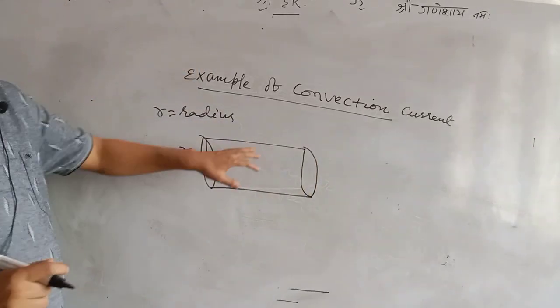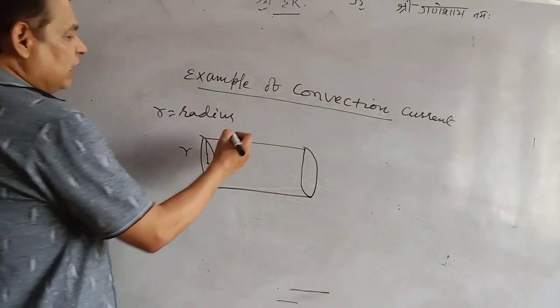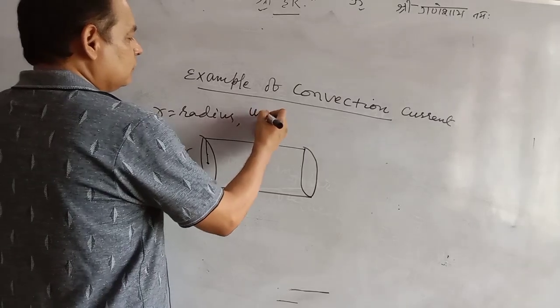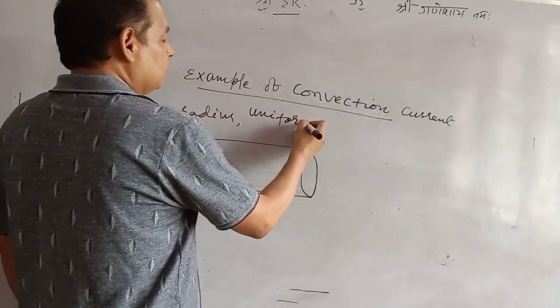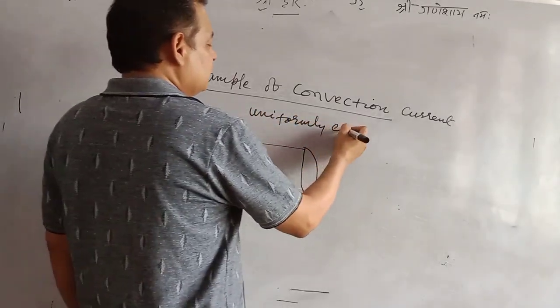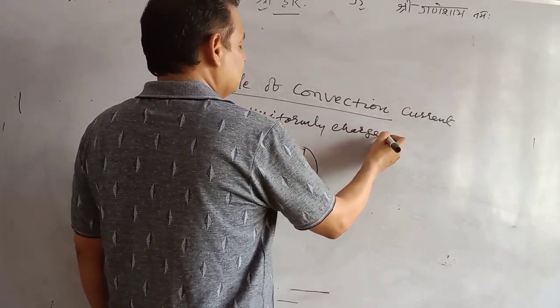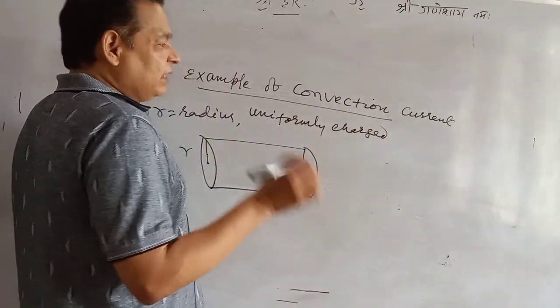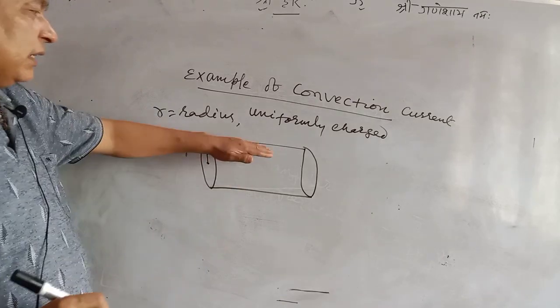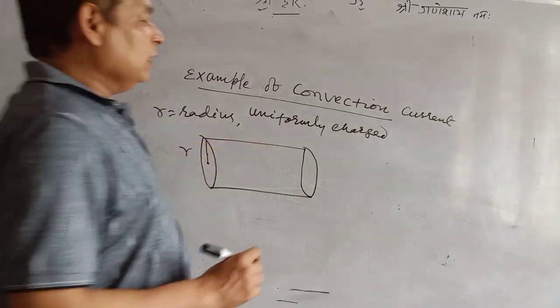It is charged uniformly. There is uniform charge, such that electric field at its surface is E,